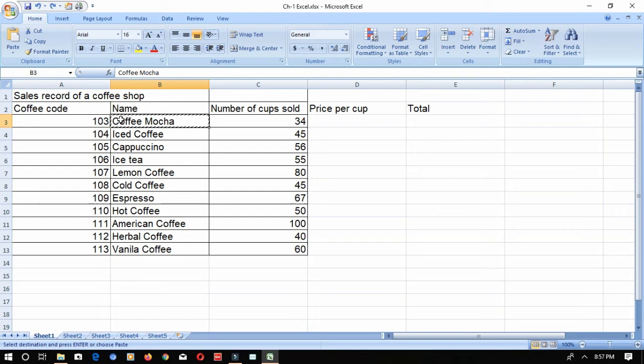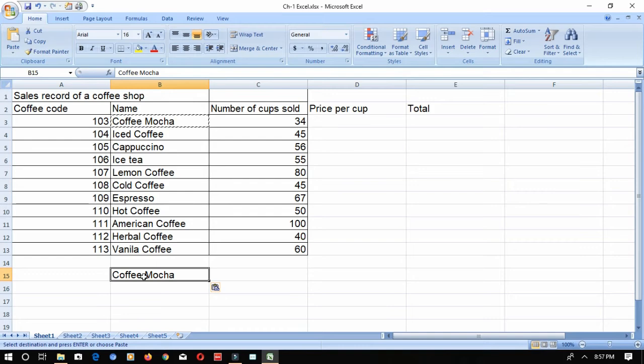For moving, what we did, we used cut and paste operation. Here we are going to do copy and paste operation. So here how can I do? Same way, go to home tab, clipboard group, click on copy. Cut will do both copy and cut. Copy will do only copying operation. Or what is the other way? Right click and copy. What is the other way? Control plus C. Okay, so for cutting, Control plus X, for copying, Control plus C, for pasting, Control plus V. So I'm going to paste it over here, Control plus V.